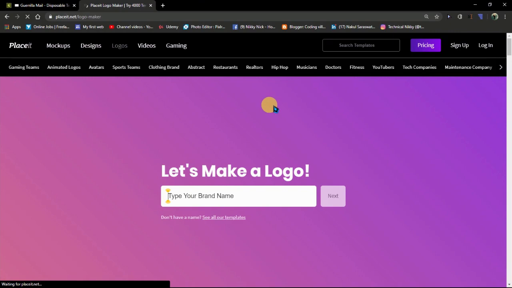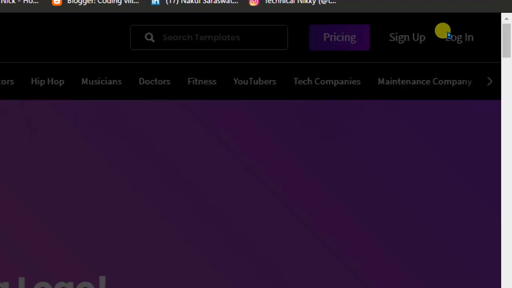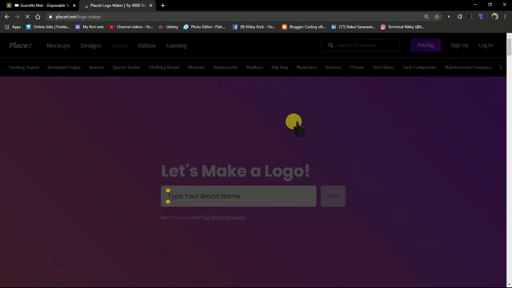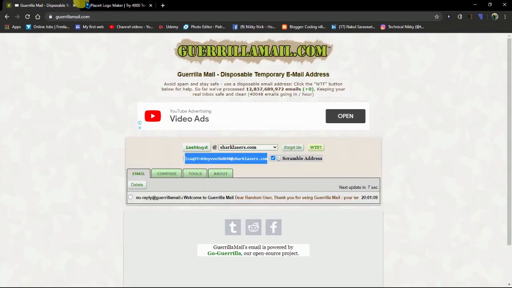Here, go to the sign up option, and it will ask you to enter your email, username and password.